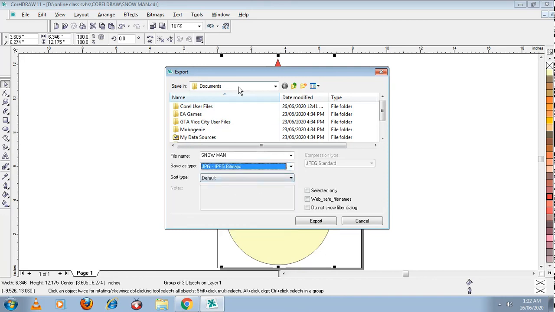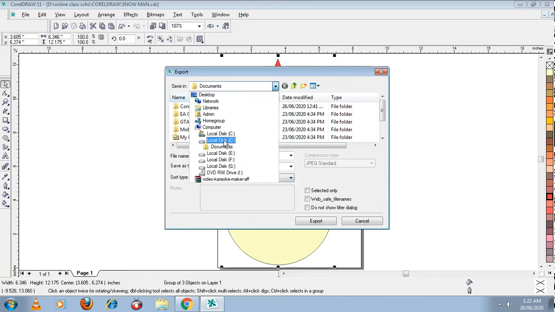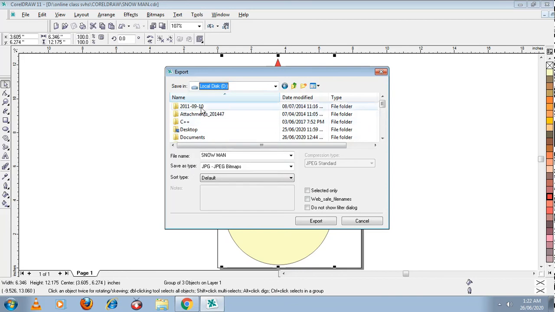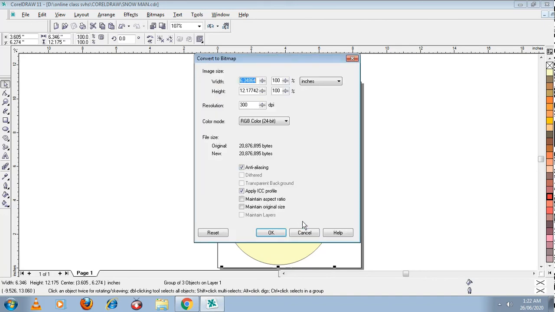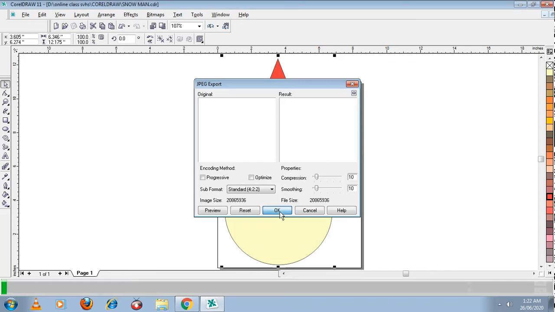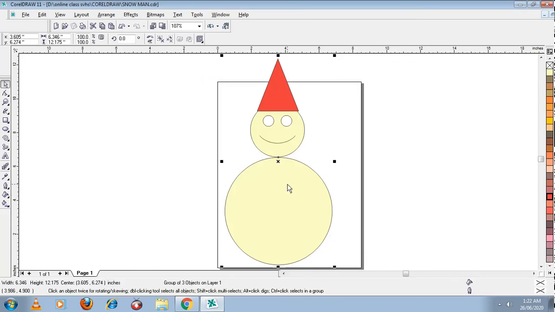I want to store it in D drive only, so I'm going to D drive in my computer, in the CorelDRAW folder. I'm storing the JPG snowman file. By the Export command, I'm exporting it. Give OK. Whatever the points given here, keep them as they are and just give OK. OK again. That's it. Your file is ready.